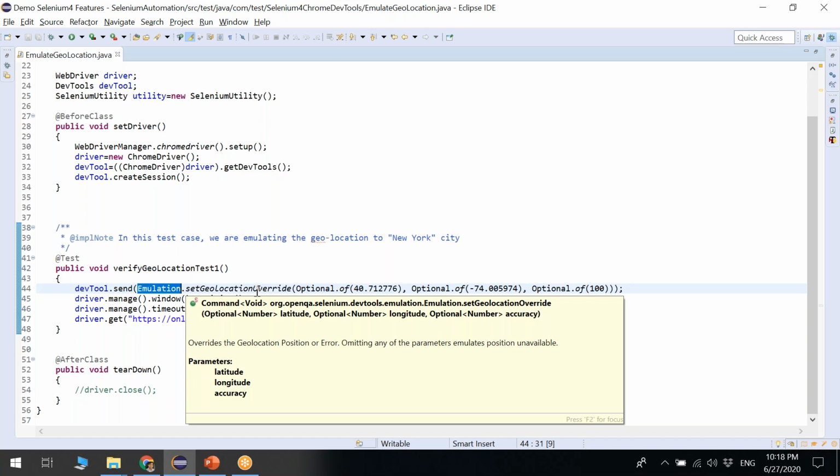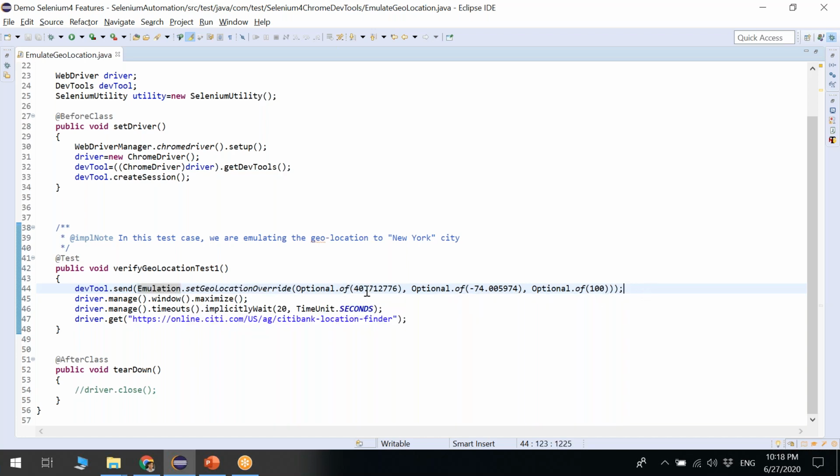So I will add a few points here. Whenever we are going to update any geolocation, every geolocation has two things: latitude and longitude. So here we are just emulating the latitude and longitude in the background. Right now I'm in India, but I can still set any country's latitude and longitude. So how can we do it, and where is it coming from?